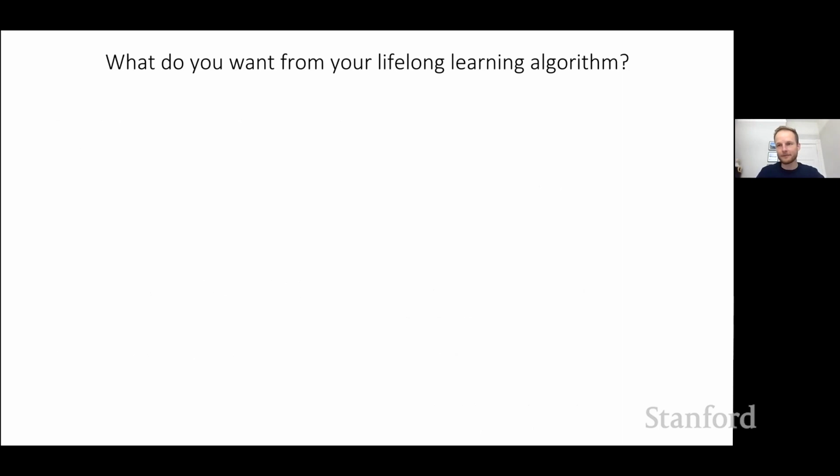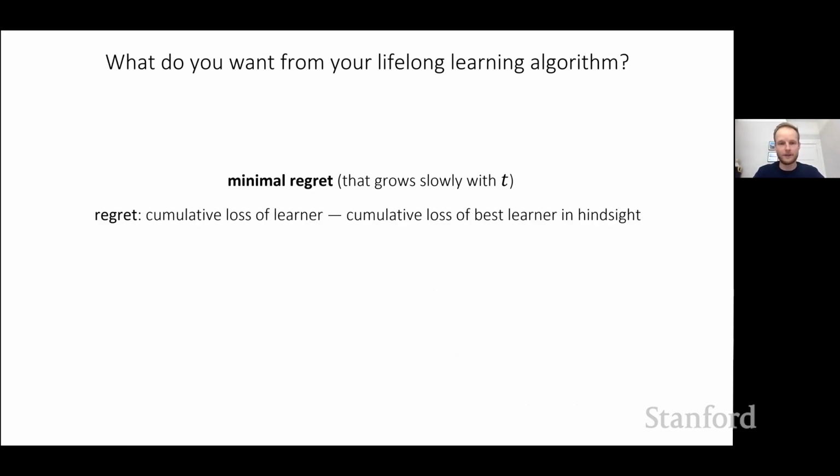All right. So then the next question is, how do we evaluate it? What do we actually want from a lifelong learning algorithm? And what people usually refer to here, there are two measures. The first one is regret. What people usually want is minimal regret, or regret that grows slowly with the number of tasks or the number of data points. And regret is actually a well-defined mathematical quantity. It's defined as the cumulative loss of your learner minus the cumulative loss of the best learner